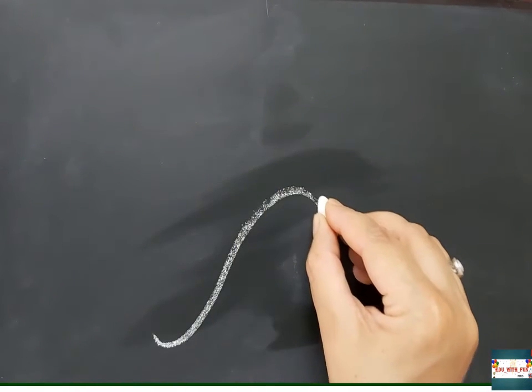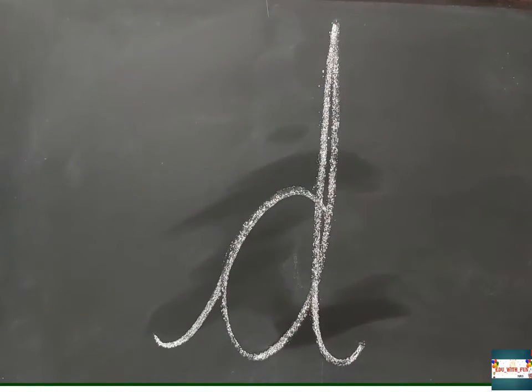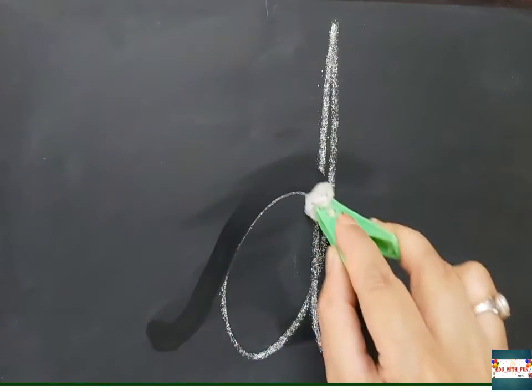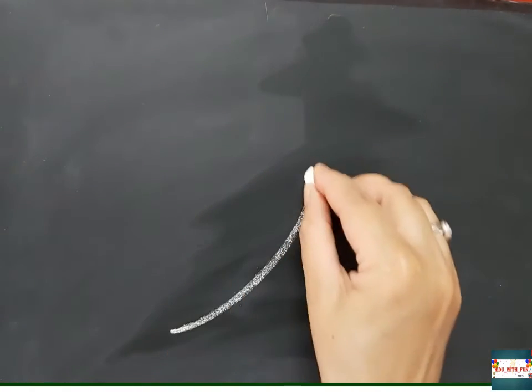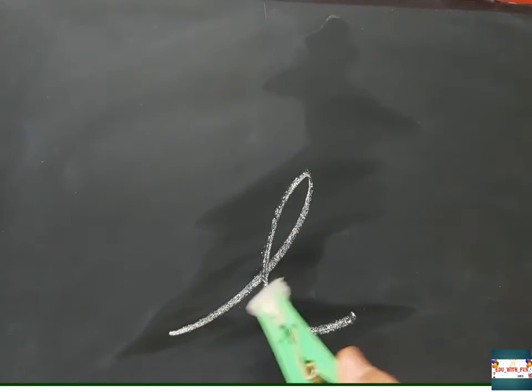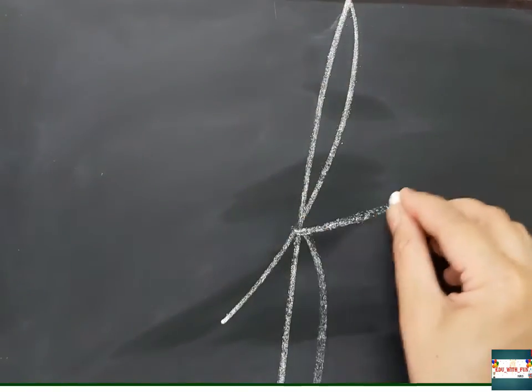And in this video, I'm going to show you the formation of all the small cursive letters. Like here it is D. The same way A is written, but in this it goes up and down, so it has a stick next to this. As I was saying, in this video you're going to watch all the small cursive letters from A to Z. But being a parent, I also know it is not easy for a child to learn. I want to add one more thing here.